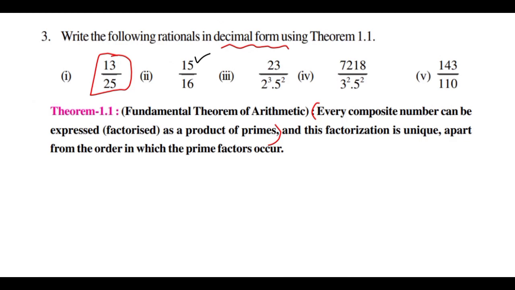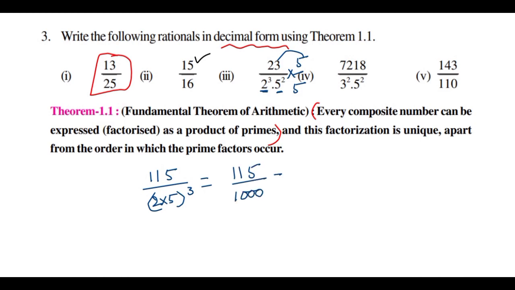And we check one more question here. This is very simple. 2 cube is there, only 5 square. We need one more 5 here. Just multiply by 5, and 23 5s are 115. Okay, and 2 cube into 5 cube means 2 into 5 whole cube. 2 into 5 whole cube, then we get 115 divided by 10 cube, that is 1000. 1000 means before 3 digits we put the point, 0.115, we get the answer. So it's the third one's answer.